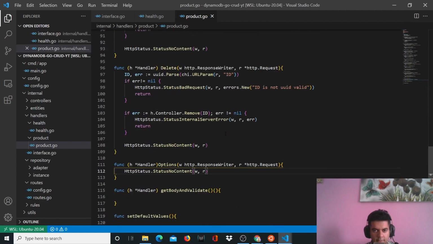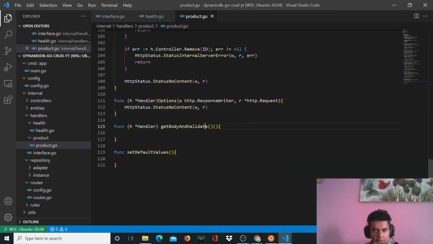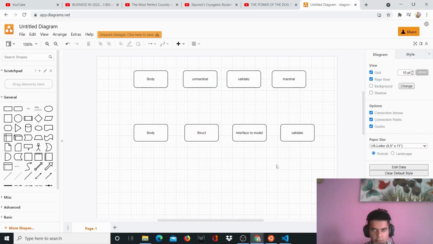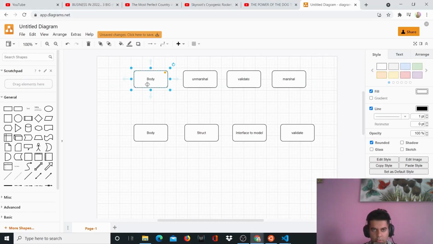All the functions are done except for these two functions, getBody and validate. To be able to work on this function, there are some things that you need to understand. Let me show it to you. Usually, as you know, we get the body in JSON. You know that by default Golang does not understand JSON, right? So we do a lot of unmarshalling, then we validate the data, then we marshal it and then send it to the